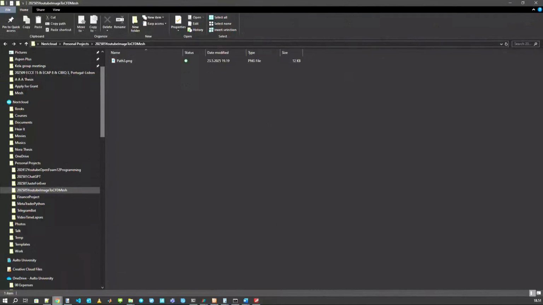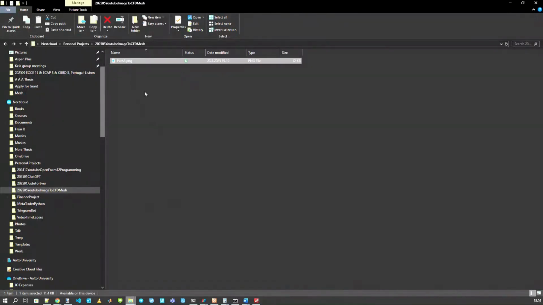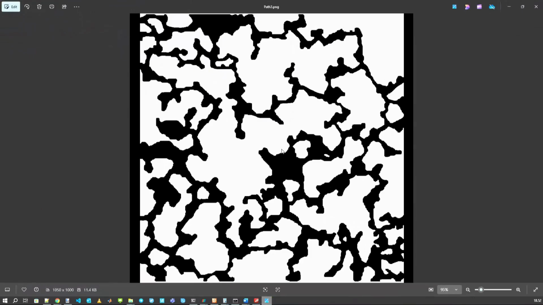In today's video, I'll walk you through how to turn a CT scanned rock image like this one into a CFD mesh. Basically, it's just an image. You can use whatever image or geometry you have, and you can easily turn it into a 3D mesh ready for OpenFOAM simulation. So if you are working with porous media and want to run CFD on real geometries, you are in the right place. Before I start, I want to show you some tools that you need to work with